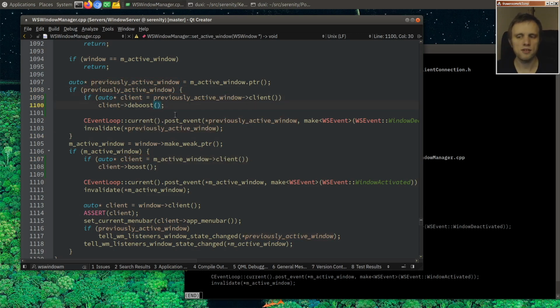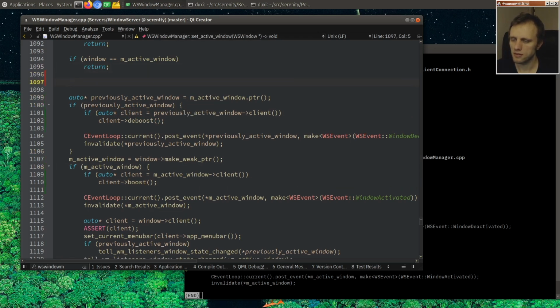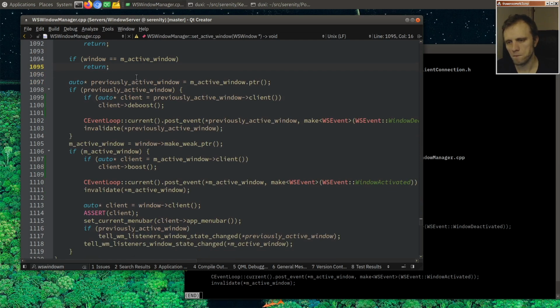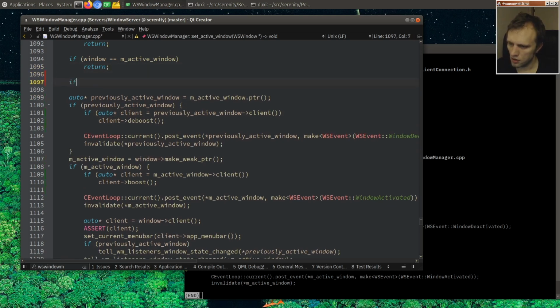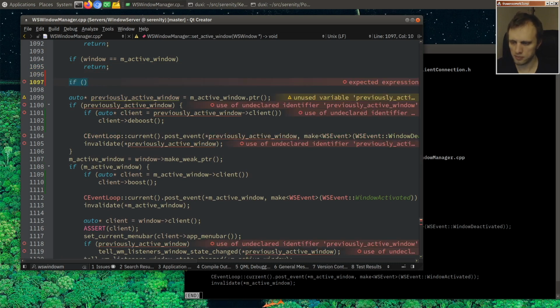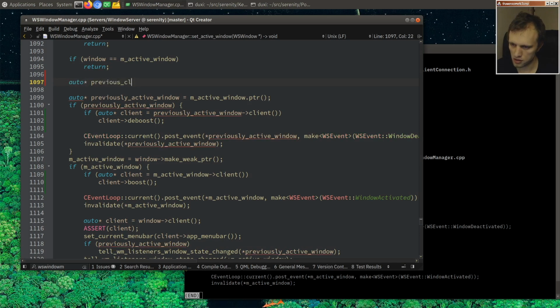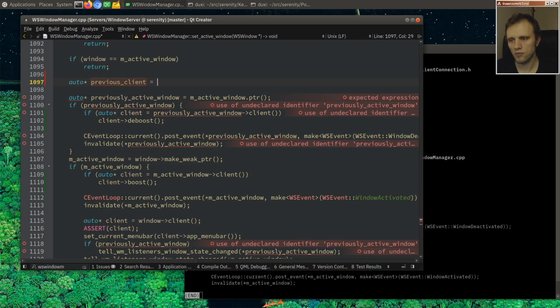If we're switching between two windows in the same process, we don't need to deboost and boost because they're the same. So instead, we can do something like this. If, let's say, auto previous client is the previously